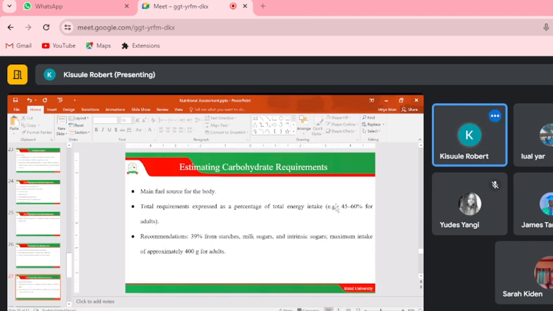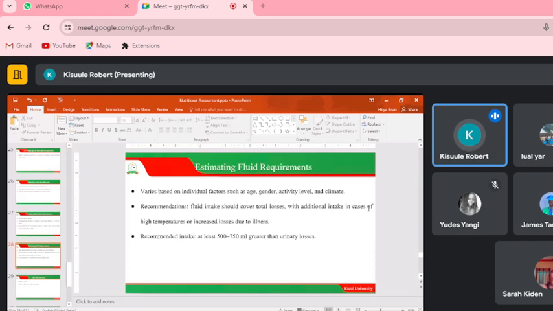for adults. Okay, but remember, like I told you, these are not cast in stone, and they interchange depending on the physiological needs of the individual. For example, you're not going to give the same amount of carbohydrate requirement to a woman who is pregnant, remember, she's also supposed to be feeding the fetus, and give it to a man, or to a toddler or a school-going child. You're not going to get the same amount of energy requirement for a person who is doing manual labor and give it to a person who is seated and doing sedentary